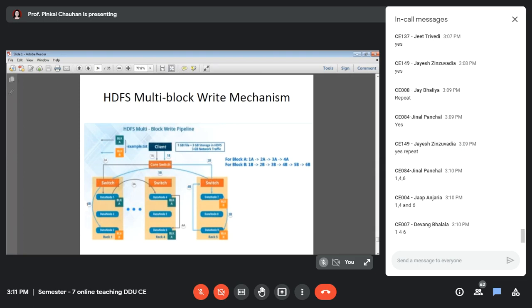And for block B, at which nodes is it copied?